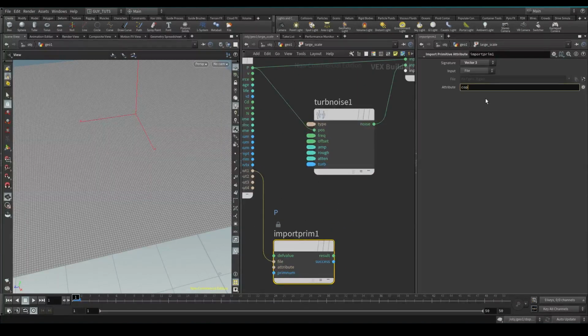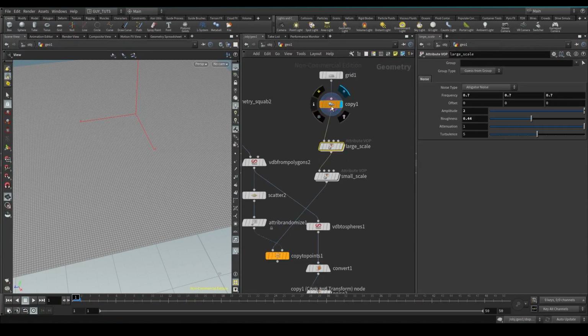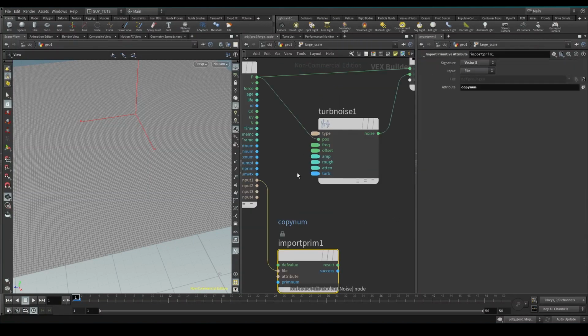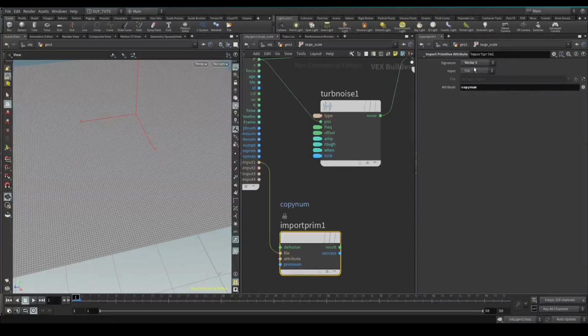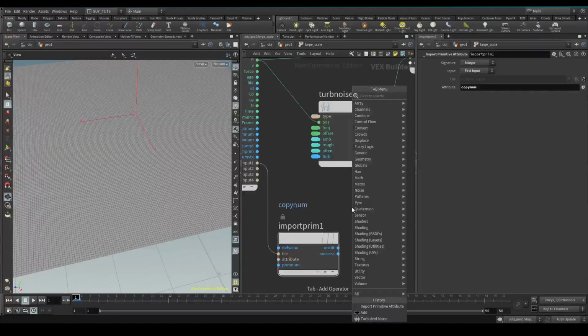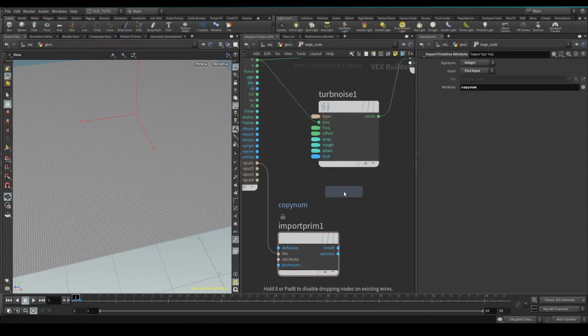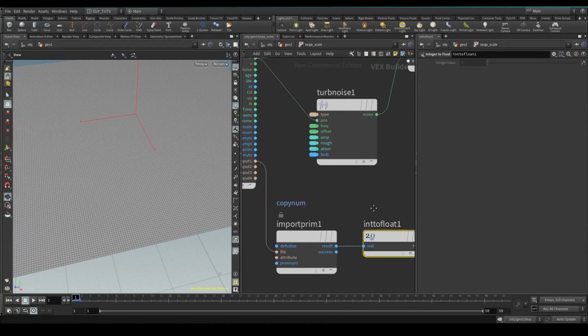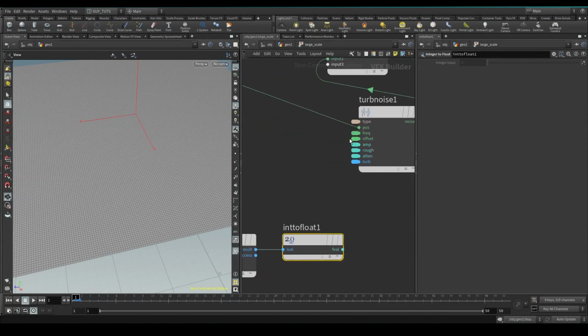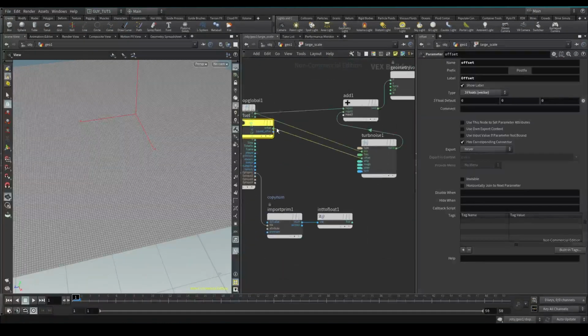It's called copy num, I think, as far as I remember. Copy num. We are going to get it from first input, and it is an integer, and then we're going to go integer to float, convert it out, and in this noise, in the offset here,